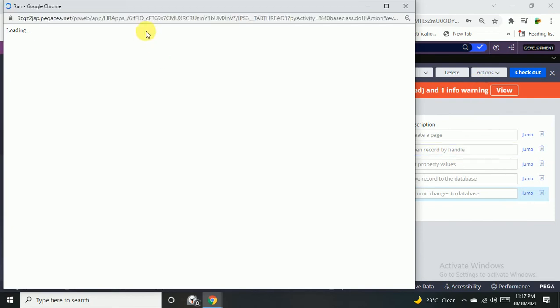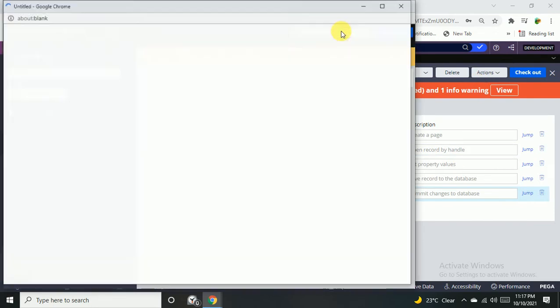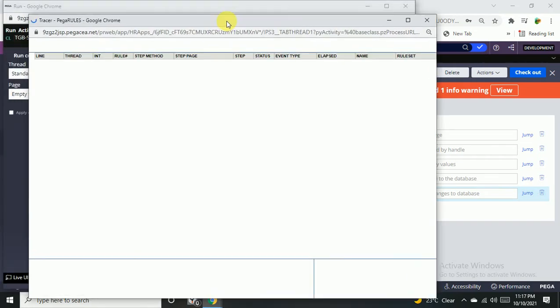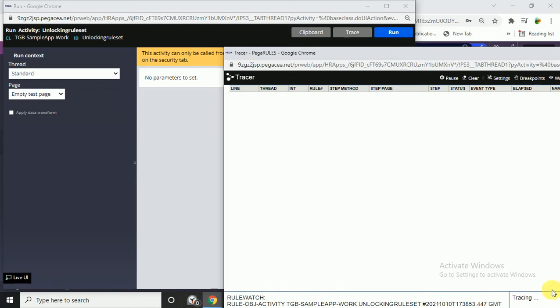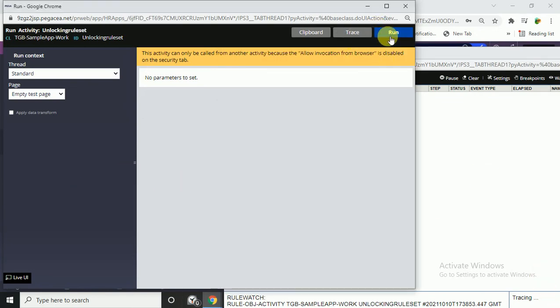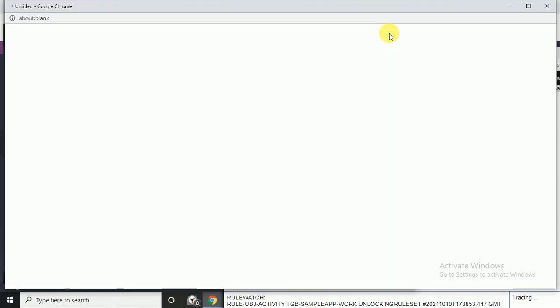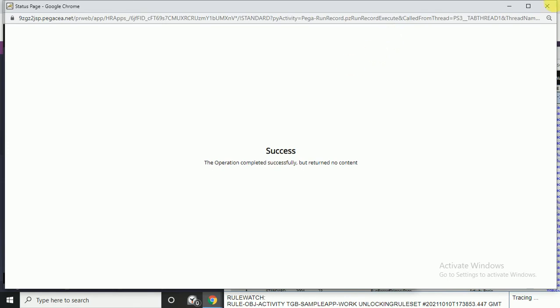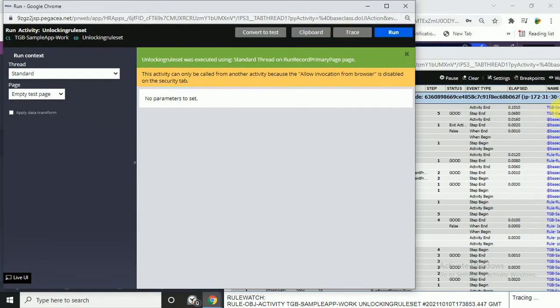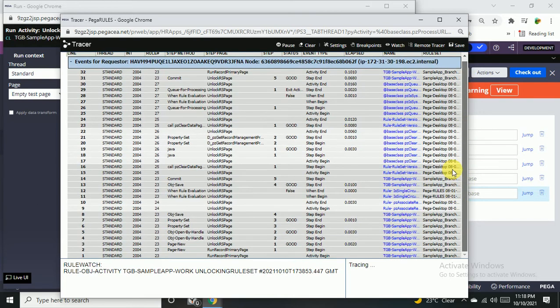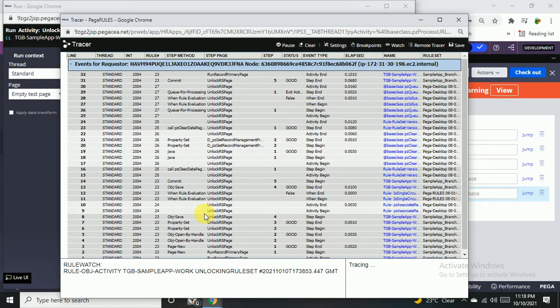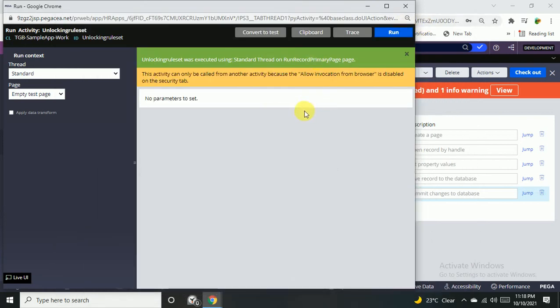Before running this I will use the tracer to check whether any errors are there or not, for checking purposes. Okay, I have run the tracer here, so I'll just put it aside. Now tracing it. If I click run, that activity gets executed. Let's check. If any errors are there, nothing errors are there in the tracer, so the complete execution I hope executed fine.